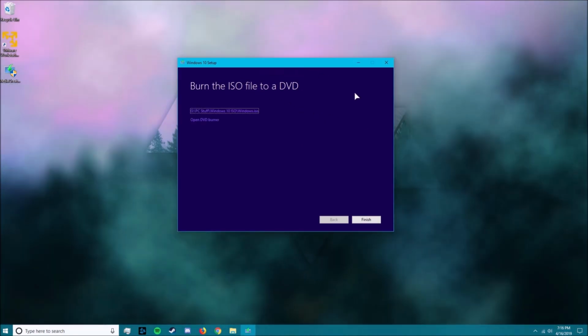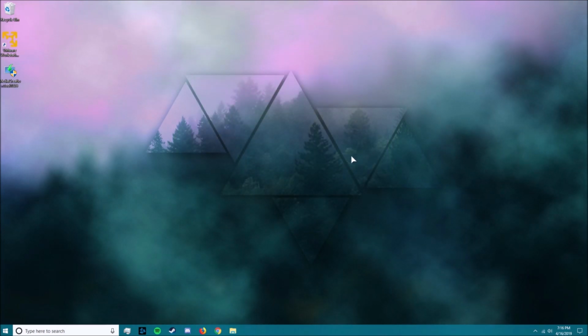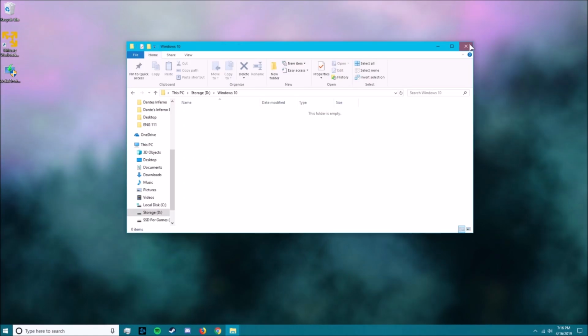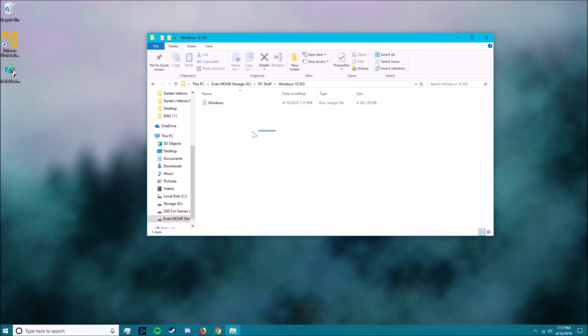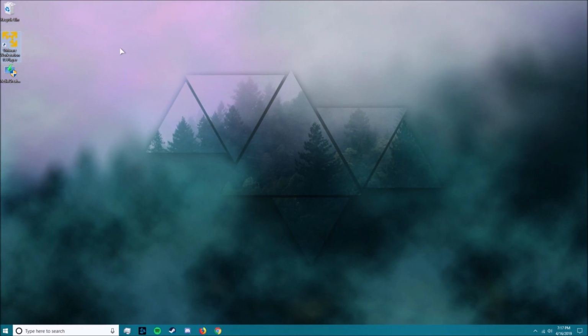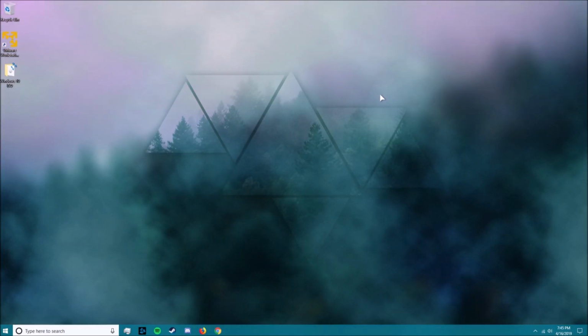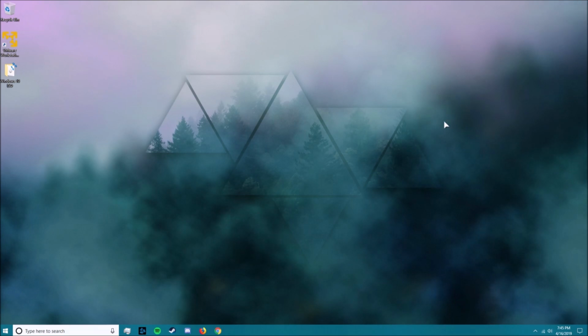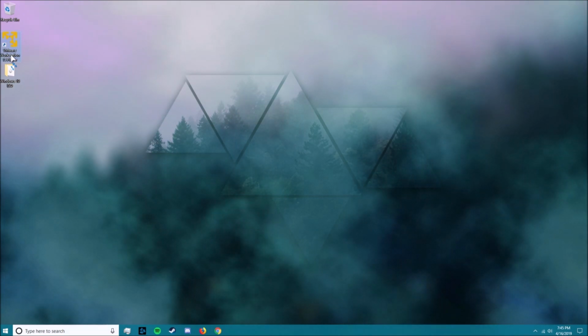And now the Windows 10 download is finished. And we should have the ISO in our storage right here. And now that we have this, we can install it onto our virtual machine. So now that we've finished downloading the Windows 10 disk image file, we can actually start to install Windows 10